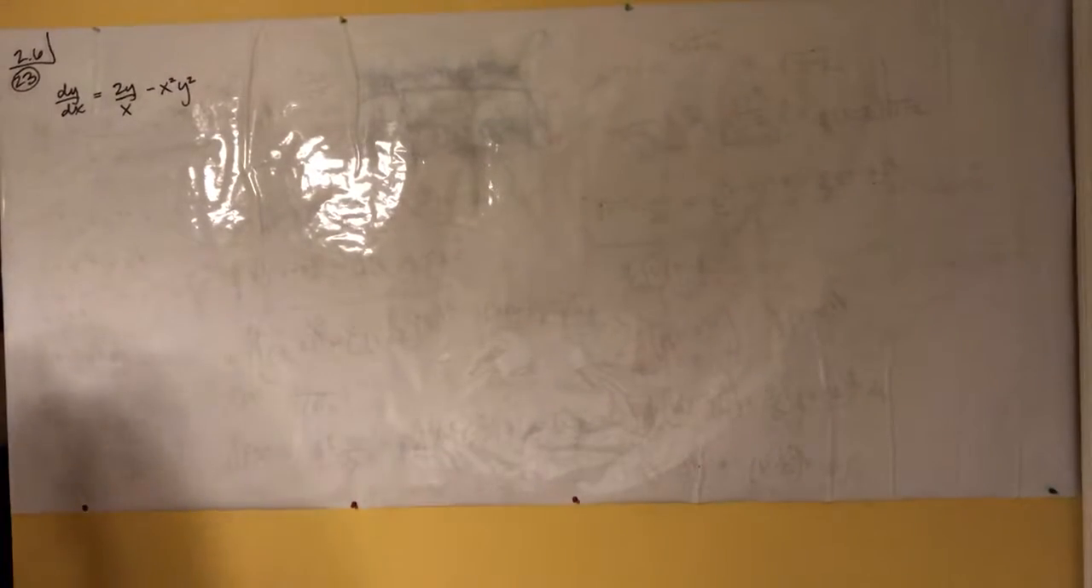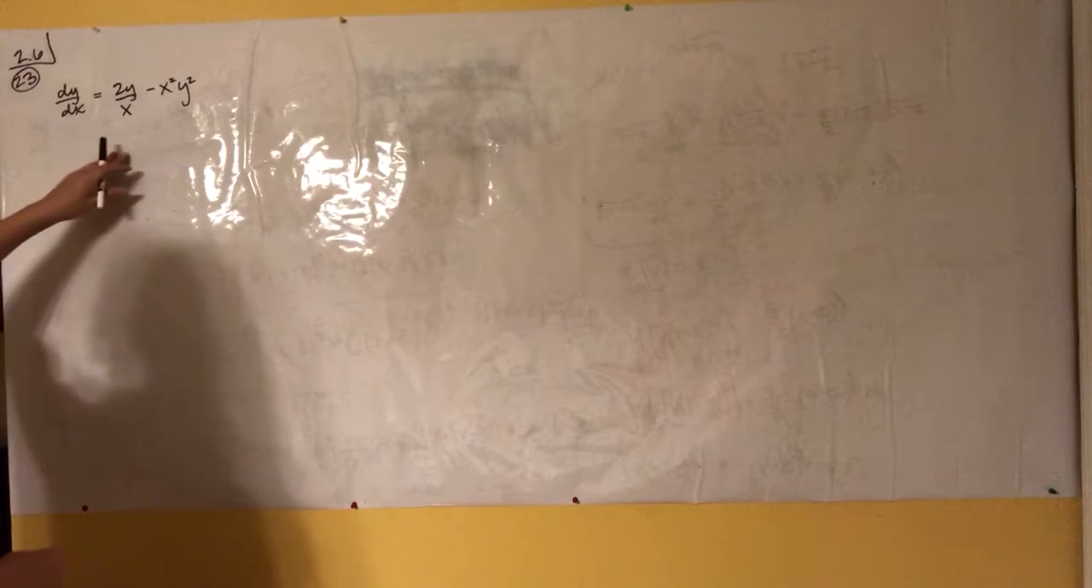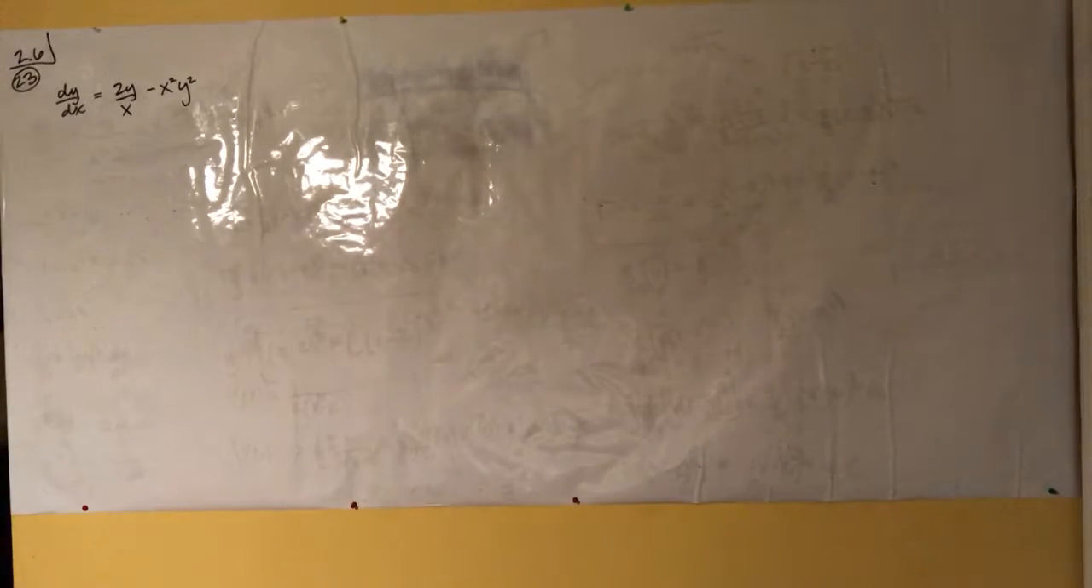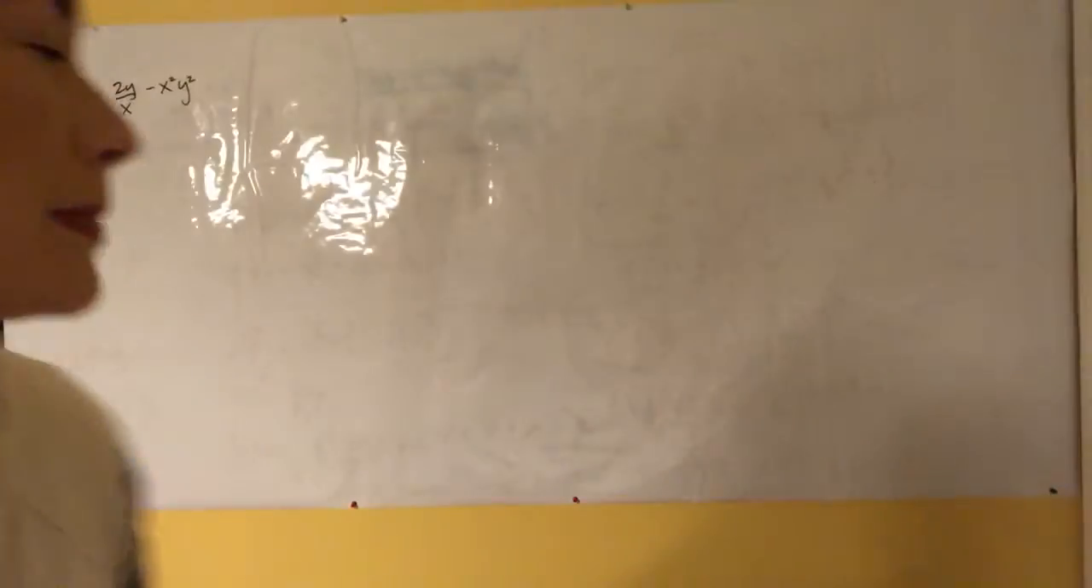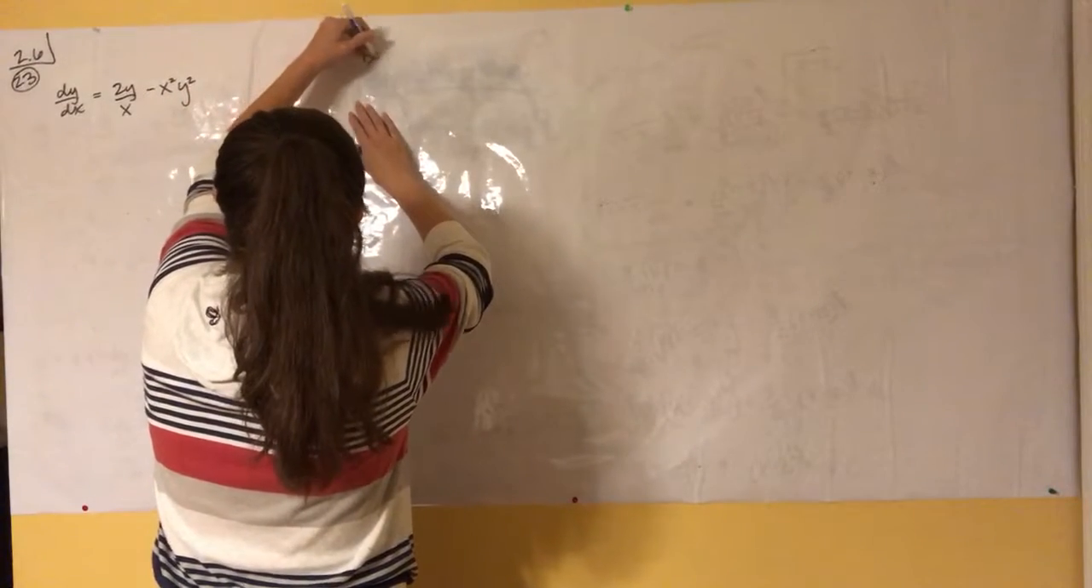Okay, this is from section 2.6, number 23. dy/dx is equal to 2y over x minus x squared y squared. Okay, so this is another example of a Bernoulli equation. And the formula for a Bernoulli equation again is